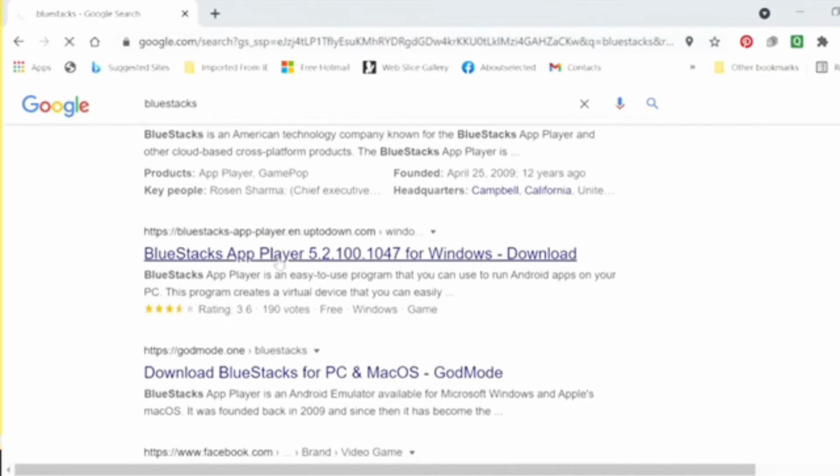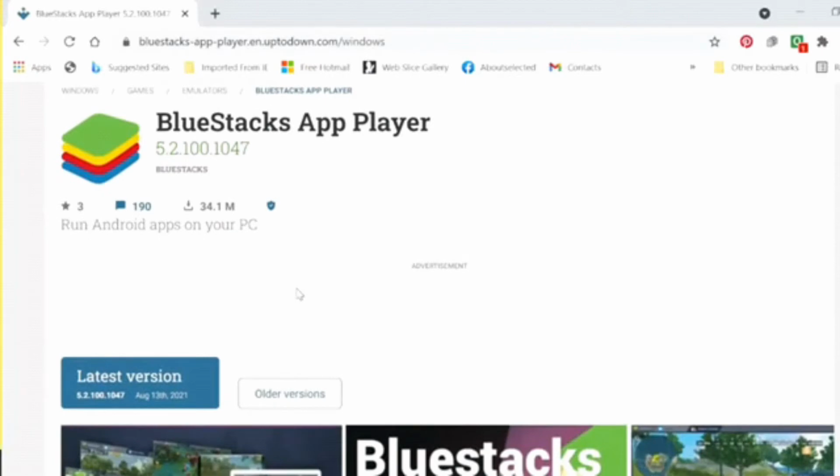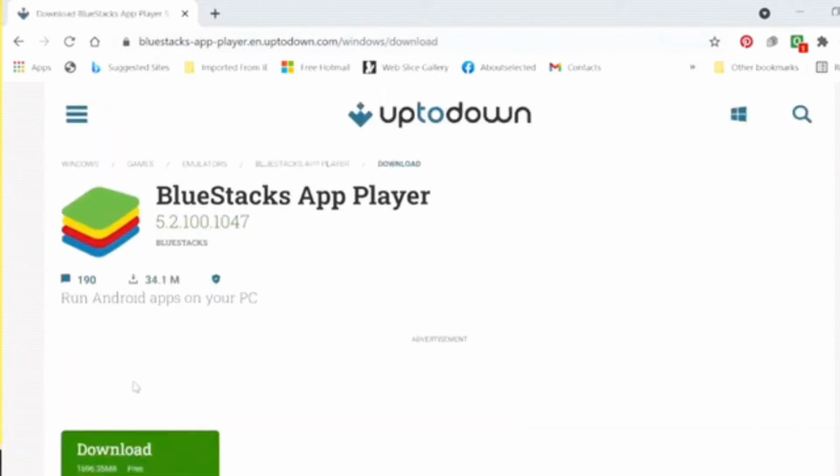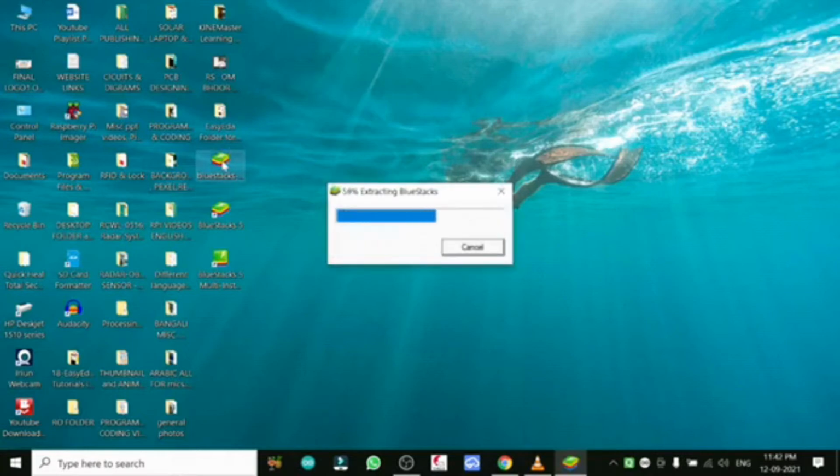On mobile it is easy, as this app is made for mobile. Here is the BlueStacks App Player, latest version of August 2021. We will install it. I have already installed it on my computer, so mine will be updated. In your case, it will be a fresh install. Now the BlueStacks program has come. Just install it.